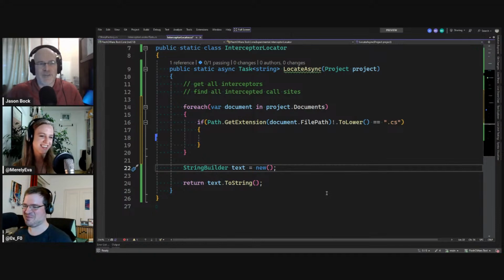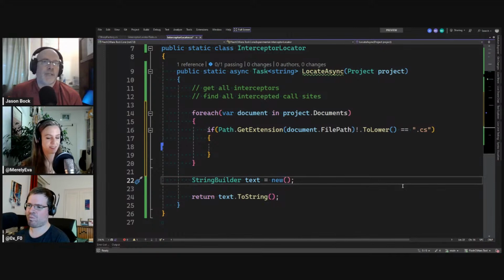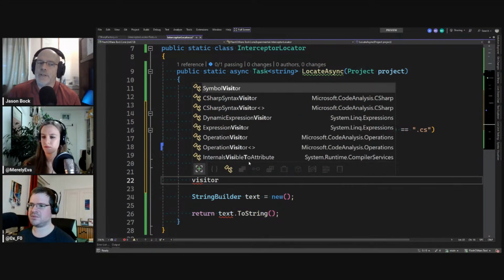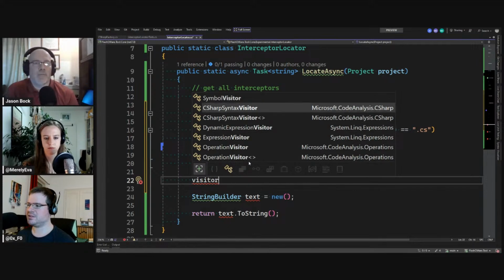So if this is a document, I'm not sure how you actually want to go through and analyze it, because now you have a project, you have a C# document. So now you want to basically throw it through the parser, or even, why am I blanking on this? The visitor that lets you visit all of the nodes within a document. I'm forgetting the name of it, but it's a type in Roslyn.